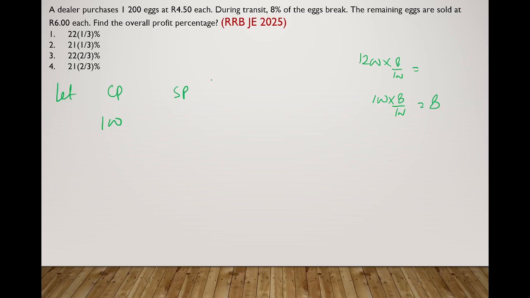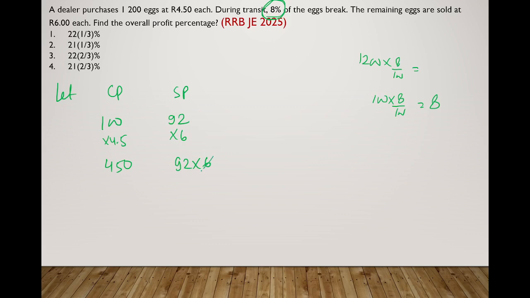After transit the eggs left are 92, because 8% of the eggs break. So the dealer gets a loss. Initially the price was 4.5, but when 8% of the eggs break during transit, the price of the egg gets increased to 6 rupees. Now, earlier he used to sell at 4.5 rupees, but when his eggs got spoiled, he started selling at 6 rupees, because overall he wants a profit, he will not sell at a loss. So the CP is 450 and here it is 92 into 6.